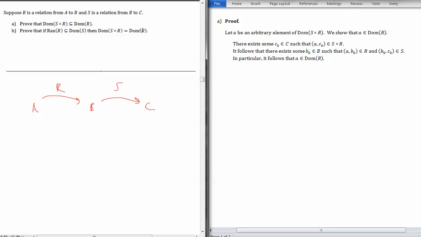All right, so suppose we have an element of the domain of R. That would be some A for which the ordered pair AB is contained in R, right? And then we want to show that that's in the domain of S composed with R, which is a relation from A to C. And so we need to find an element C in the set C such that AC is in S composed